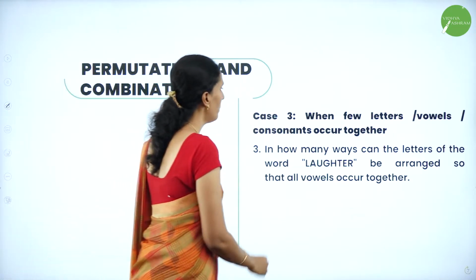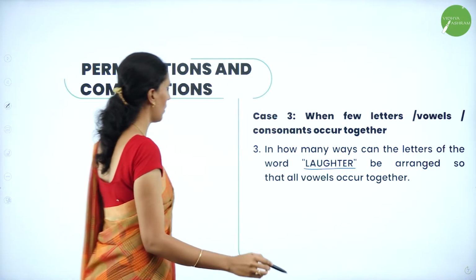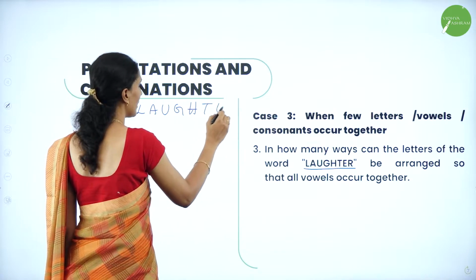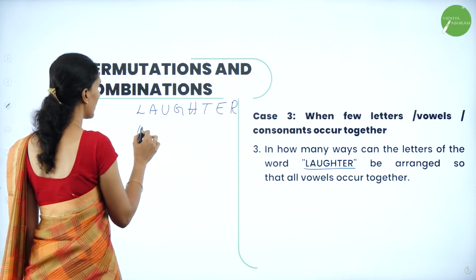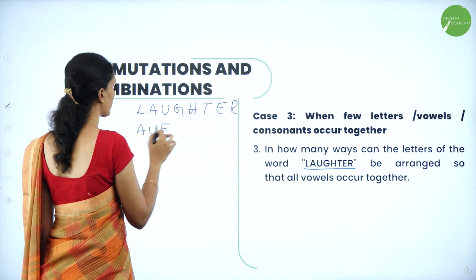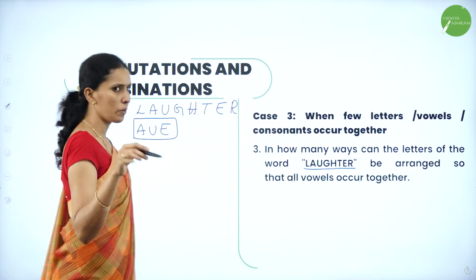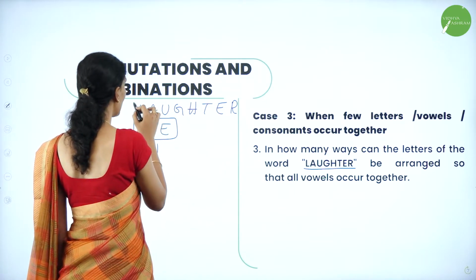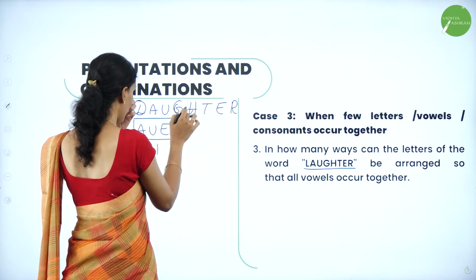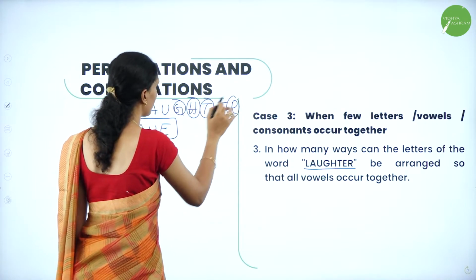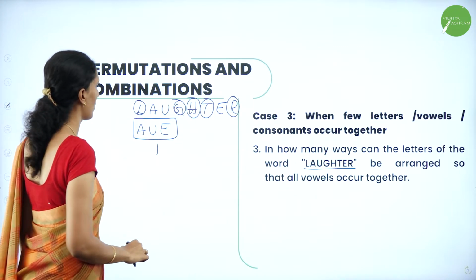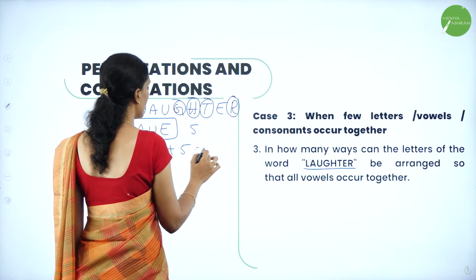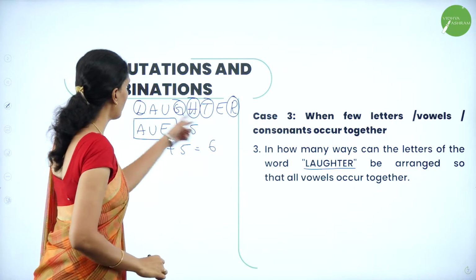Okay, so now loafer is given. L, A, U, G, H, T, E, R. So what are the vowels here? A, U, E. So we have 3 vowels. They want to be together, so tie them as 1 unit. So this is 1 unit now. What are the remaining letters? L, G, H, T, R. So that is how many letters? 5 letters. So 1 plus 5, 6 letters we have. Okay. So therefore total